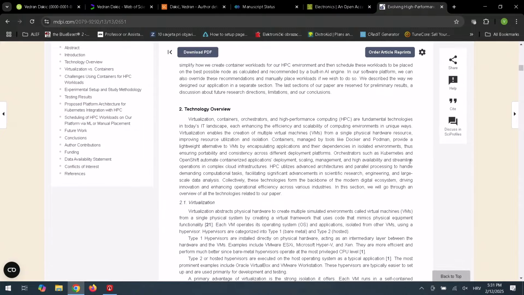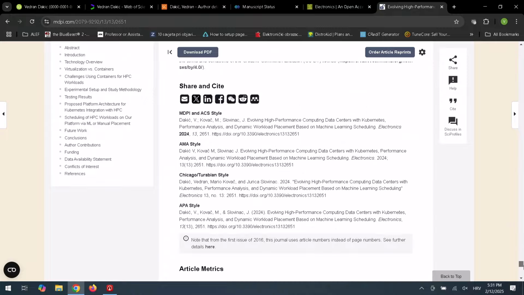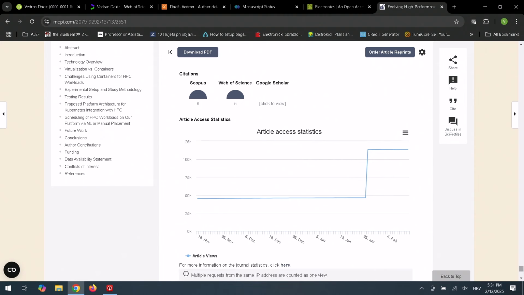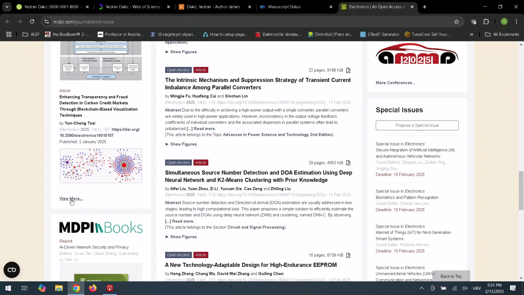It's quite long, but what's important about this paper from the perspective of this discussion is at the very end, which is the article access statistics. This paper was read 113,535 times. And it got 5 citations. Keep those two numbers in mind for a second, because I'm going to introduce another thing to this discussion.